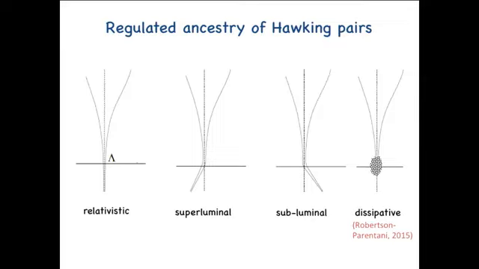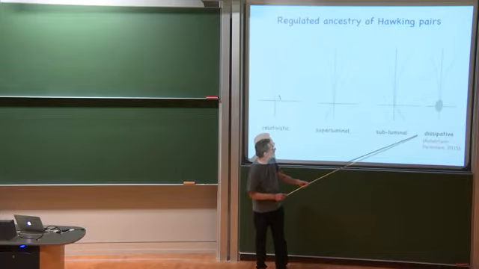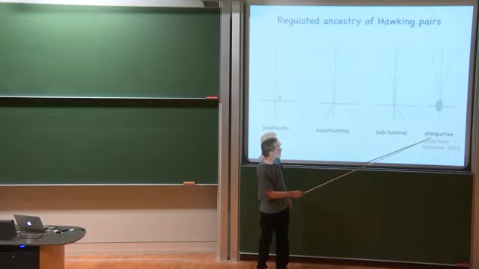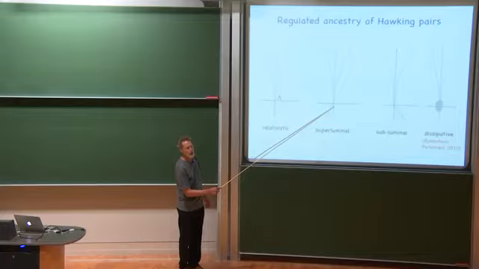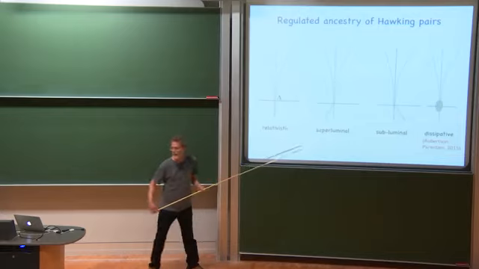Become arbitrarily blue shifted. In the subsonic or subluminal case I just described, the pair actually comes from outside. In the case where it decays, it's unstable, it sort of dissolves into the soup outside or around the horizon. And by the way, a model describing precisely that process using linear field theory was worked out very recently by Robertson and Parentani. And finally, in the superluminal case, if the mode blue shifts enough, its group velocity gets high enough that it can scoot out across the horizon and escape from the black hole.